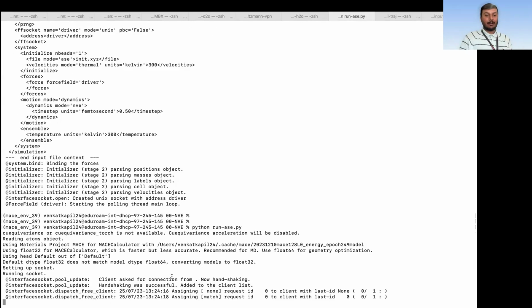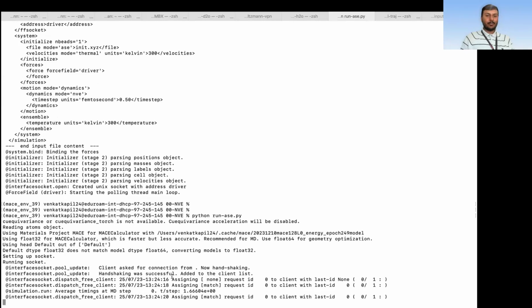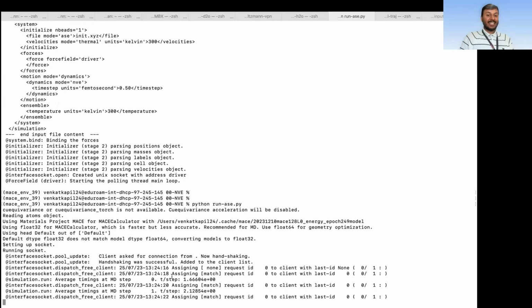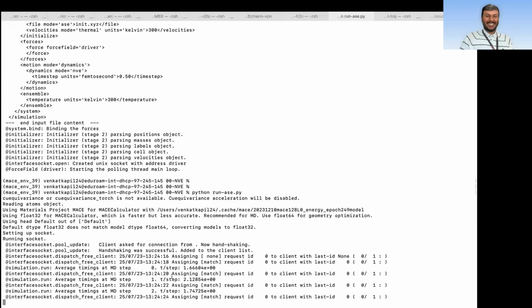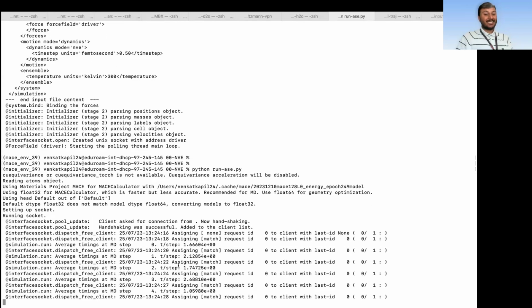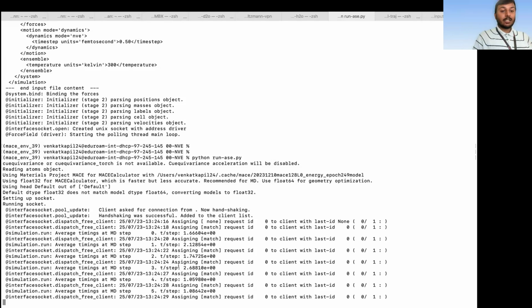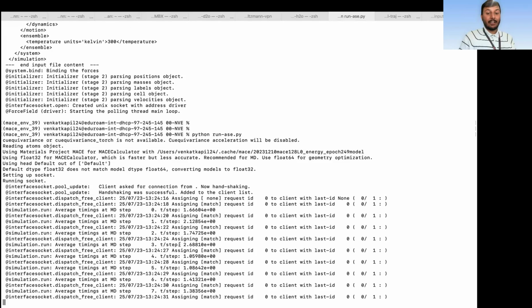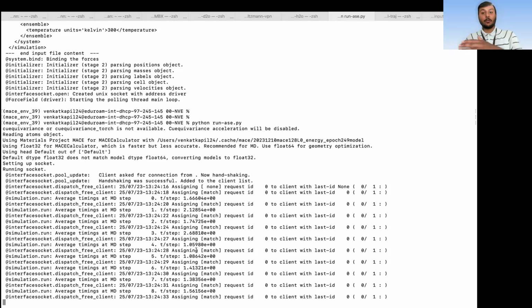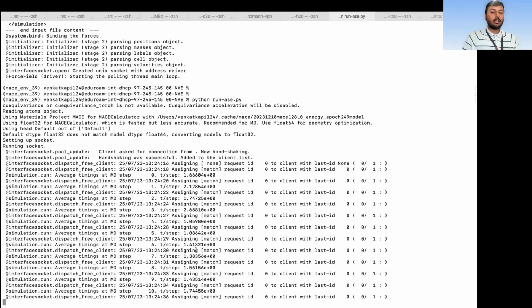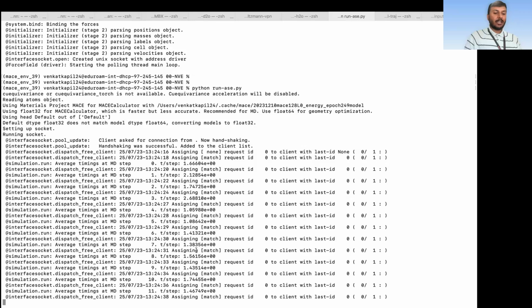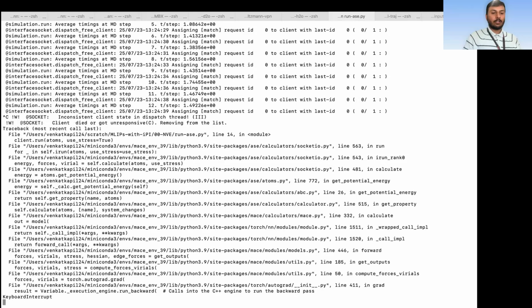Now handshaking has happened. IPy has connected with ASE, and it's sending positions, cells, and the atomic identities to ASE, and the forces are being evaluated, and these forces are being passed back on to IPy. So if I just cancel, if I do Control C and cancel my run ASE script, you see that at this point IPy says that client died or got unresponsive,